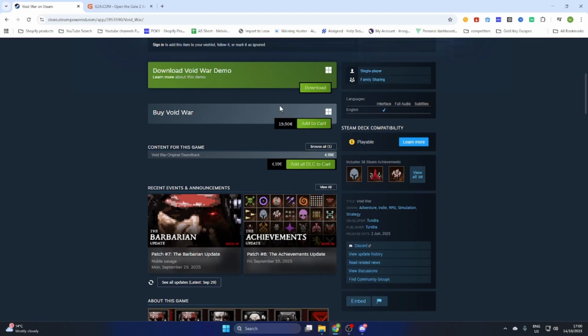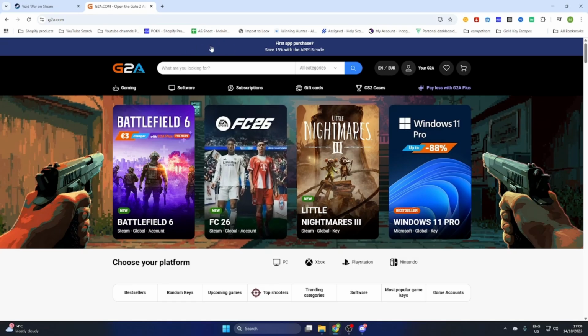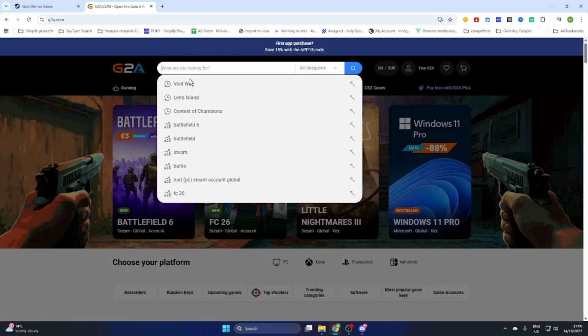As you can see, the game on Steam is €19.50. But don't worry, we have a little workaround to save yourself a bit of money while downloading games legally online. So what you need to do is go to the video description and click on the link where it says find game here. Then you will be redirected to this page, and here we are going to search for the